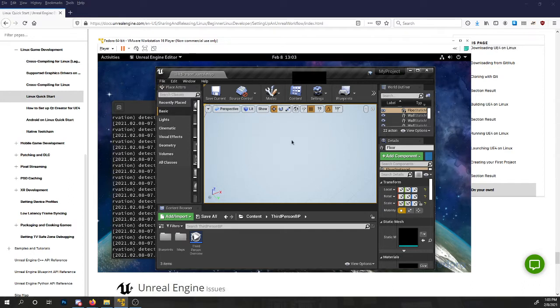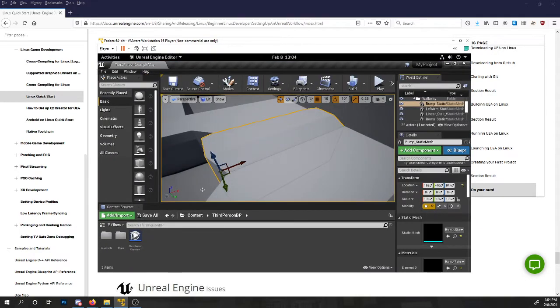As you can see over here, I have the third person basic template. Let me show this. I have the third person template loaded over here,